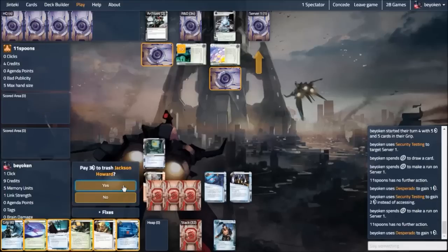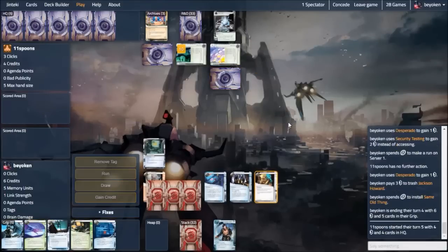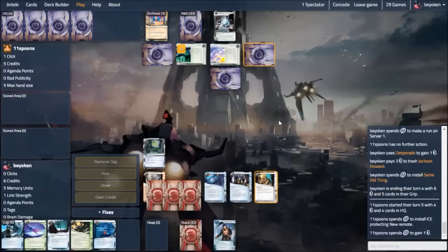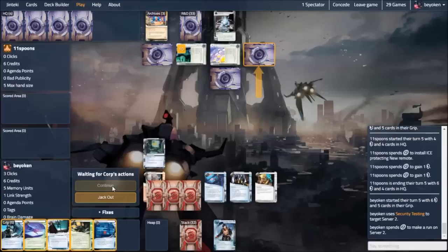And oh, it is a Jackson. Very interesting. So I trash it. I do have the money to do it. Might as well. Yes, with his roaring start that he got, I'm now unable to get the Sneak Door off,